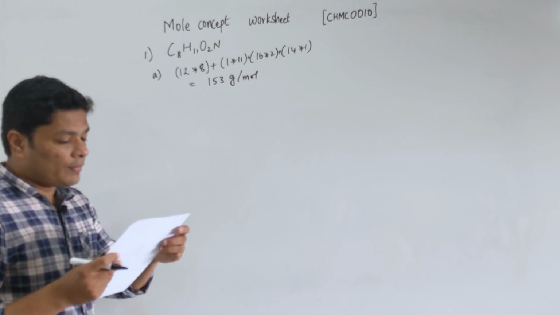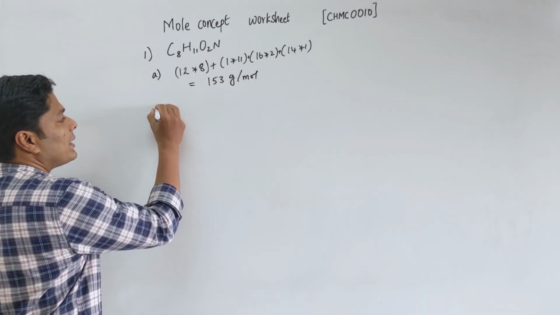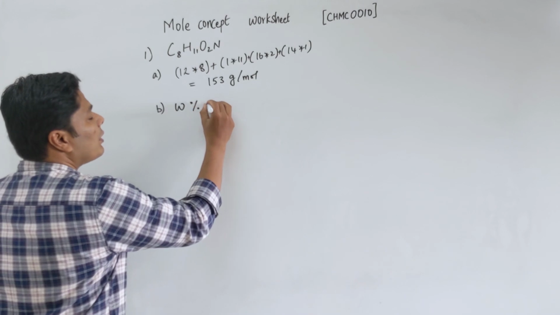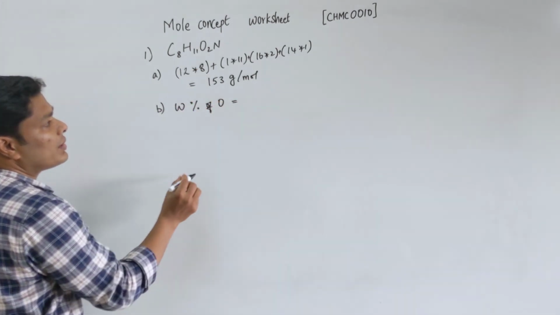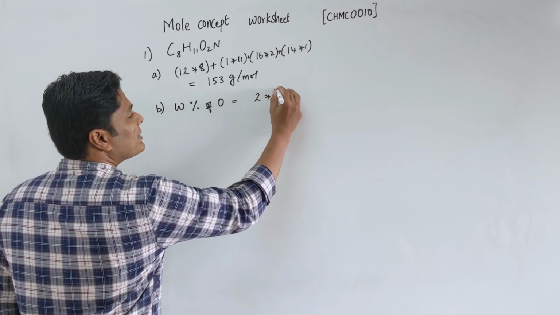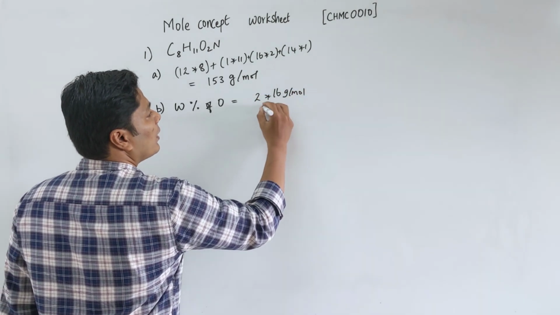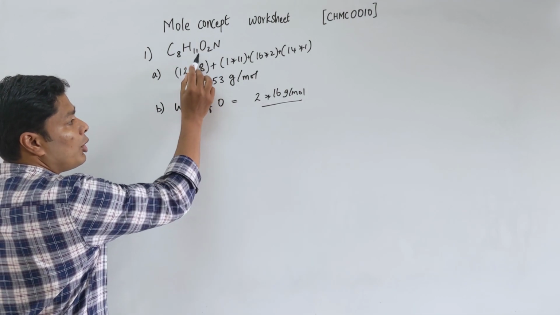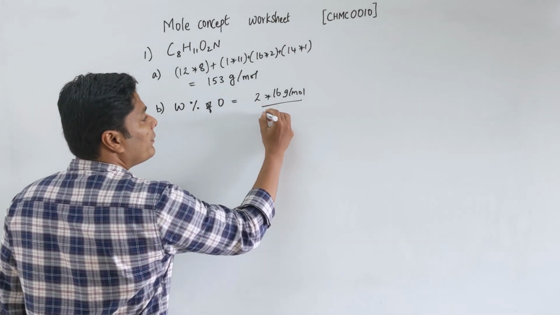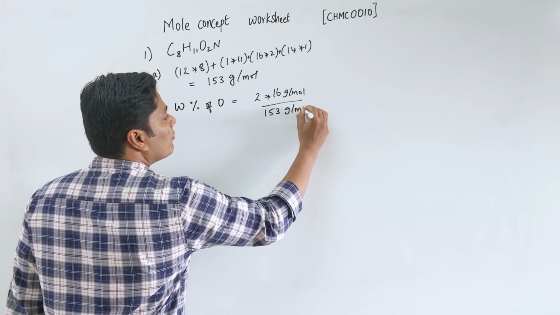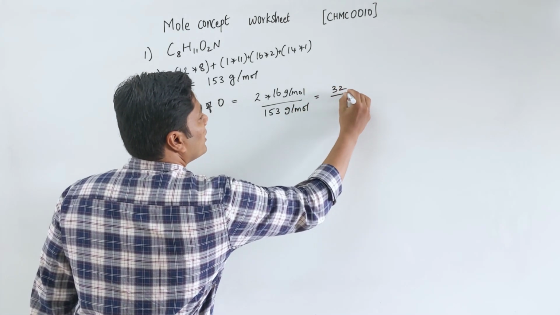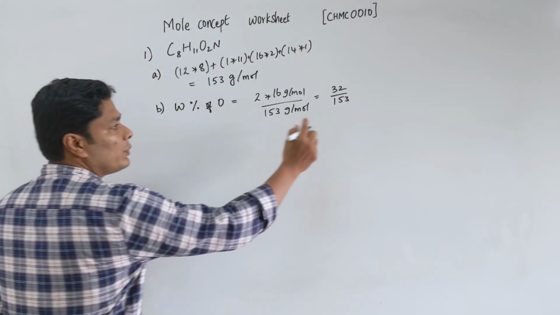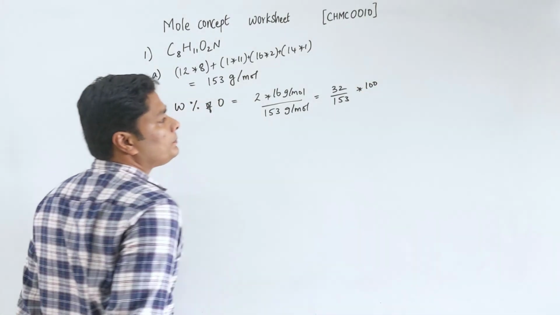What is the percent by weight of oxygen in dopamine? This is where it starts, percent by weight of oxygen. So we are talking about weight percent of oxygen. Now how much oxygen is there? There are 2 oxygens. Each oxygen weighs 16 gram per mole. Right? 16 gram per mole. Now what is the weight of one molecule? That molecule has 2 oxygens. One molecule weighs 153. So we have roughly 32 by 153. And what do we want to do? Percentage, so times 100. Okay.